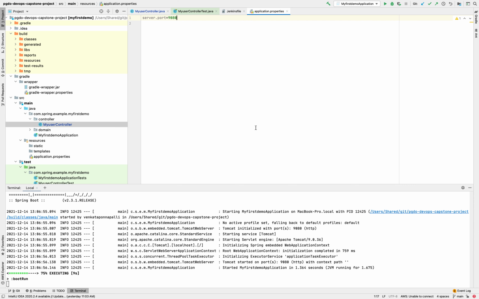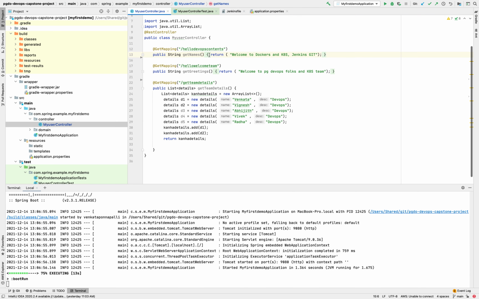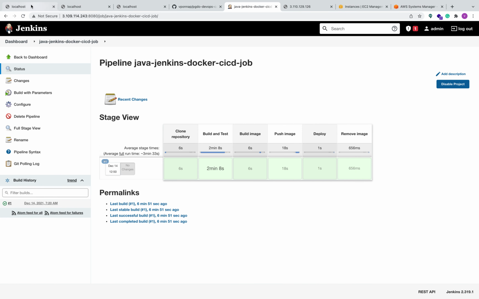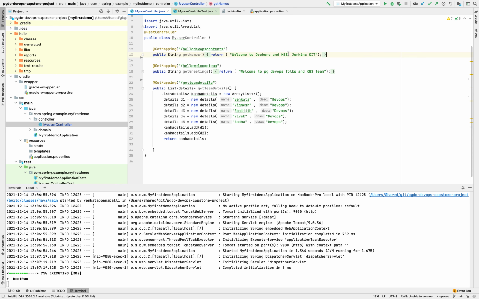So let's test these three controllers. When you call the first controller, it should give "Welcome to Docker and Kubernetes, Jenkins, Git." The first controller, welcome to Docker and Kubernetes and Jenkins, is working fine.